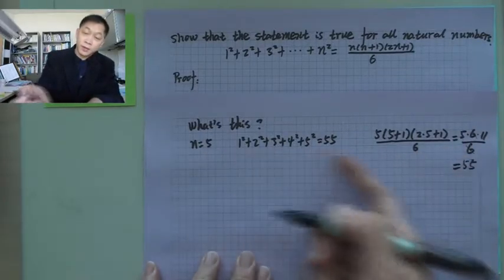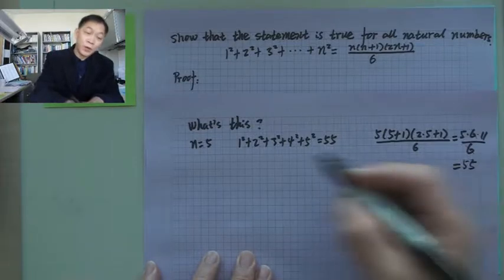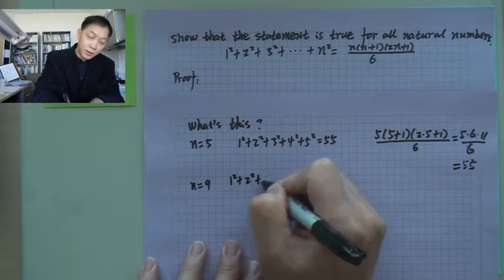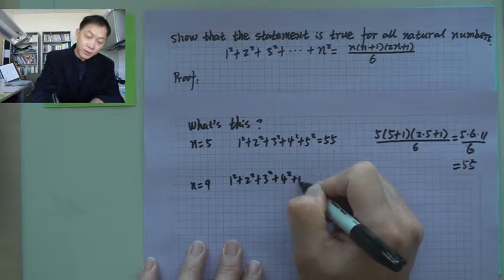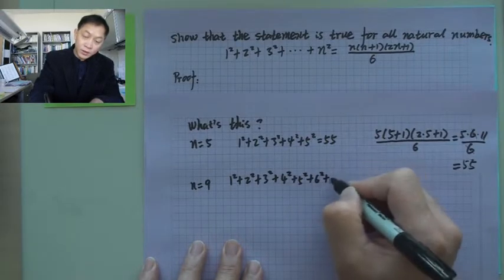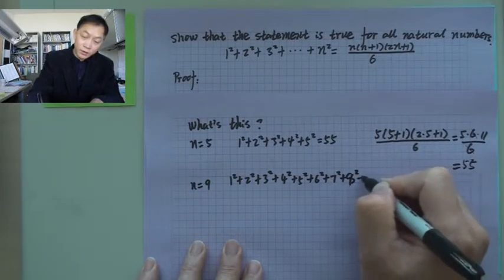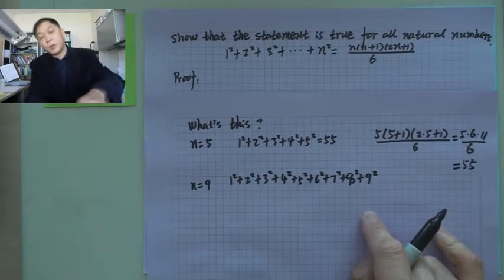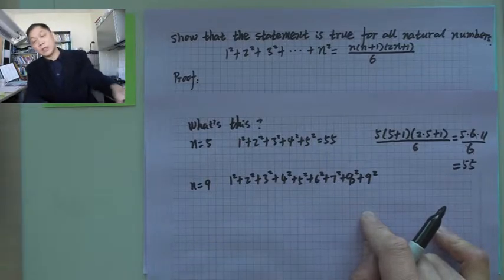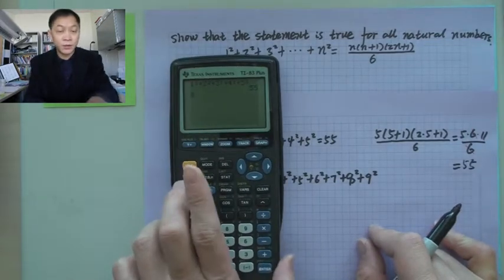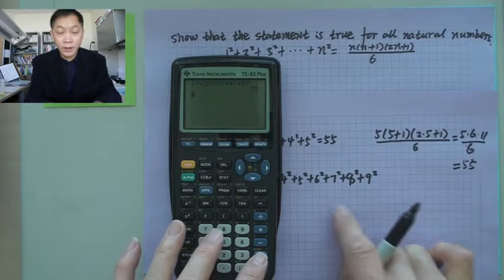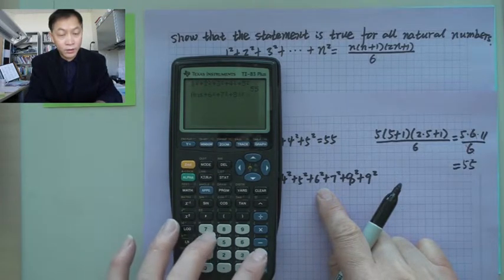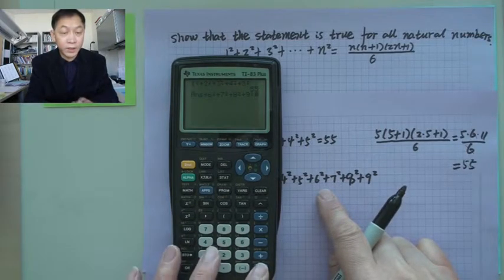Okay? You may say, that's probably coincidence. You may try more if you want. For example, n is 9. Then you have 1 squared plus 2 squared plus 3, 4 squared, 5 squared, 6 squared, 7 squared, 8 squared, 9 squared. So it's basically you add 6, 7, 8, 9 on that. Previously we have 55, so we just need to add 6 squared until 9 squared. Okay, if you hit the enter, you have a